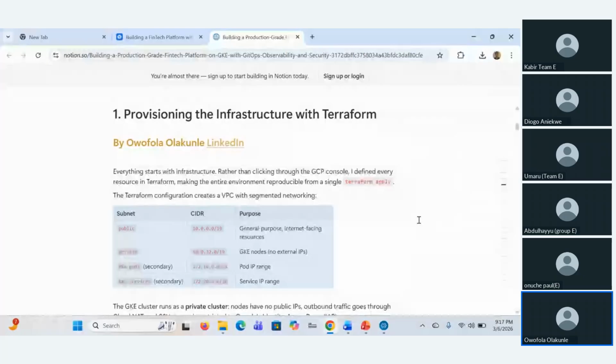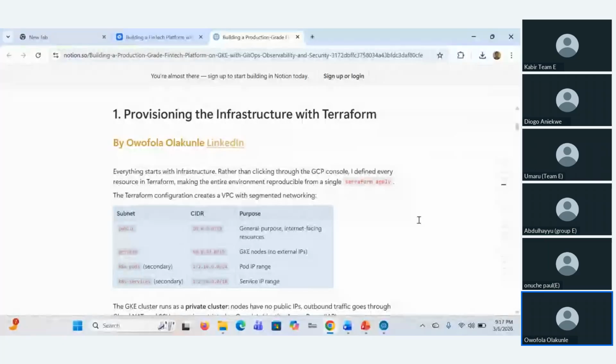So we are provisioning the infrastructure with Terraform, and everything starts with infrastructure rather than manually creating a cluster on our cloud provider. So we are going to use Terraform for the provisioning of the cluster, and all our Terraform code is inside our Terraform folder.